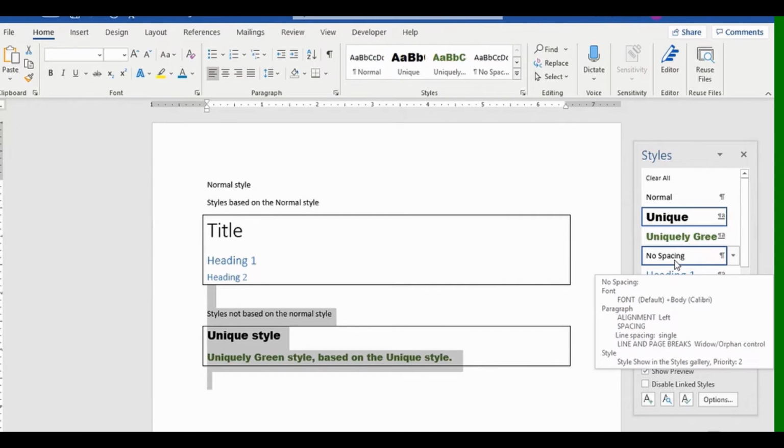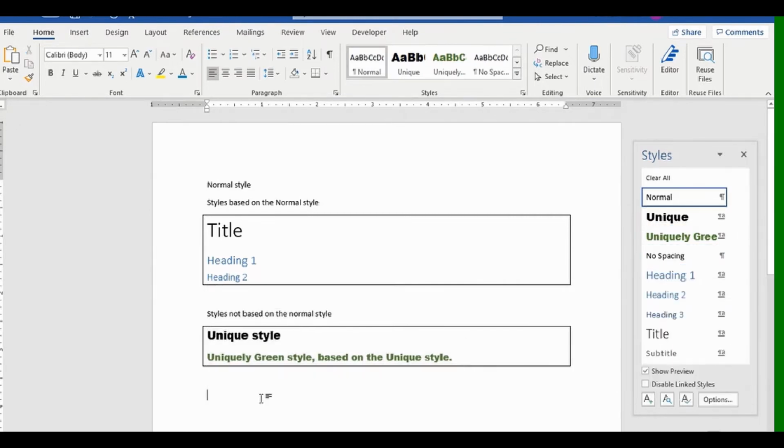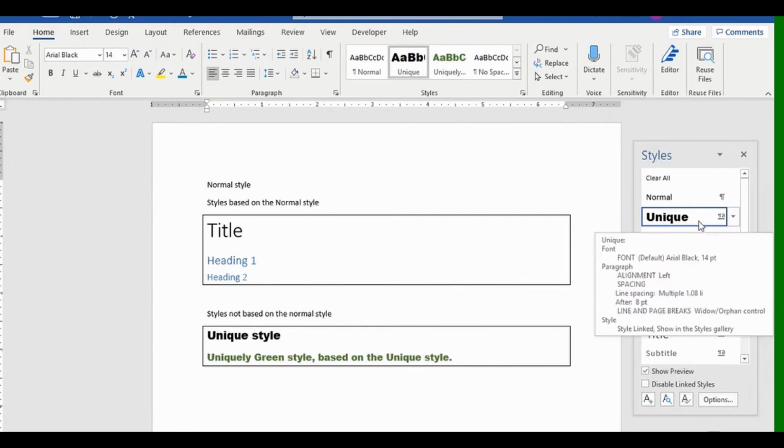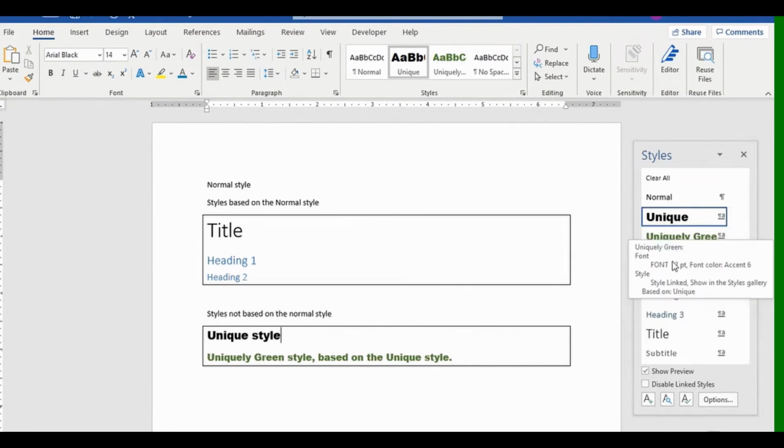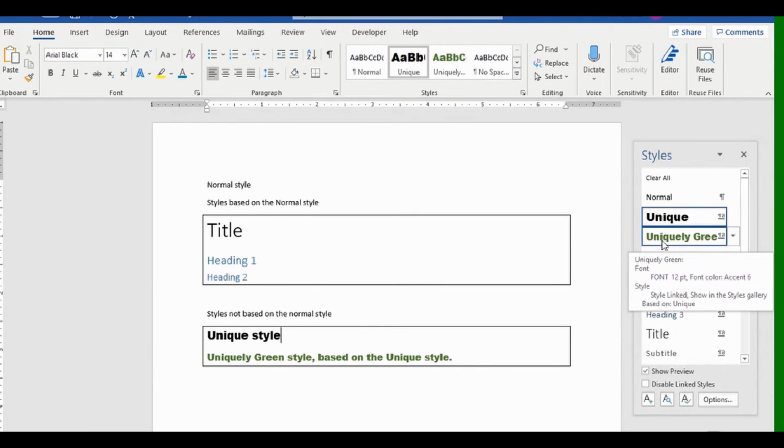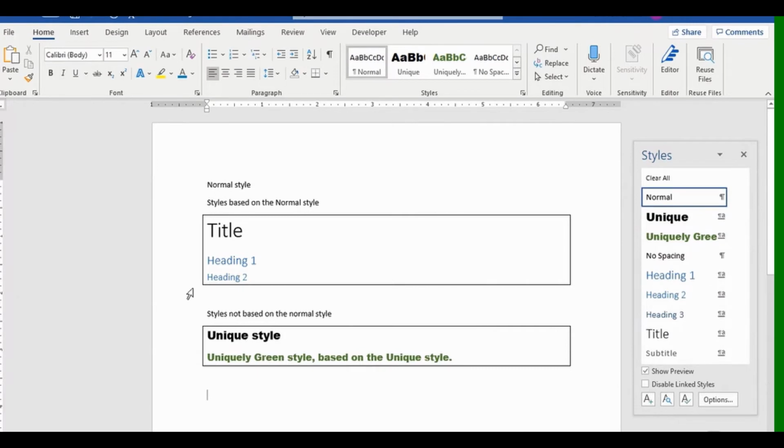I created 2 unique styles that are not based on the normal style. One of them is called unique style, and if we look at this, it's not based on anything. Therefore, it actually has to have a font and a font size included. And then uniquely green here is based on unique. The difference is it's a slightly smaller font and it's a different color. So here are styles based on normal, here are styles that are not. What that means is that if I change the normal style, I can assume that my title and my headings will change as well. So if I take my normal style